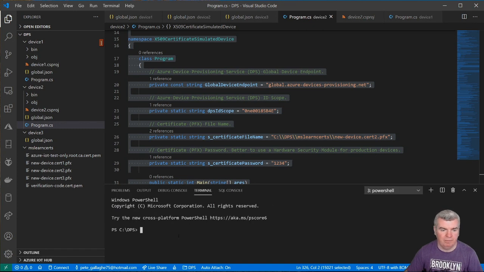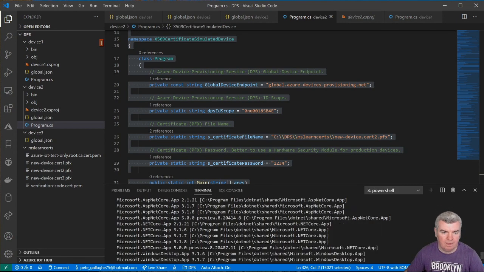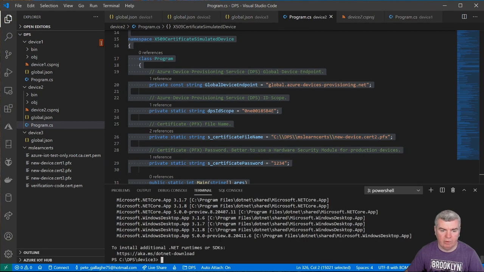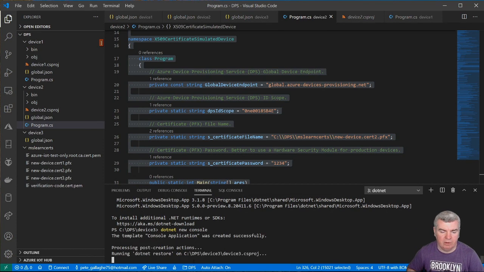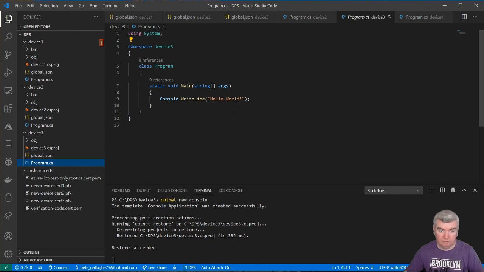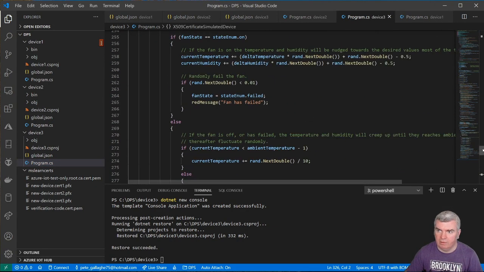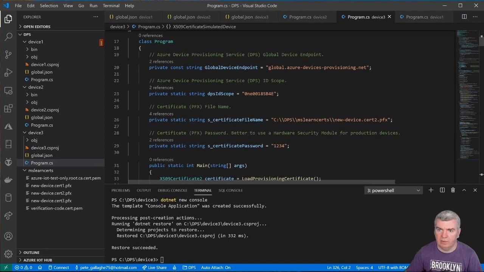Let's do another one. Device 3, .NET --info, not Fino. 3.1.402, and new console. That in, save it to the top, change this to a 3, and so this is all it needs to